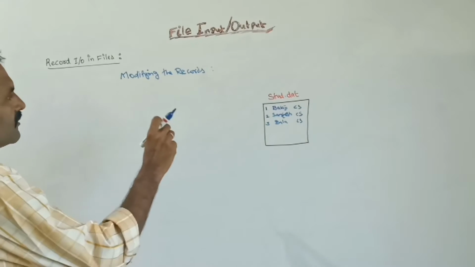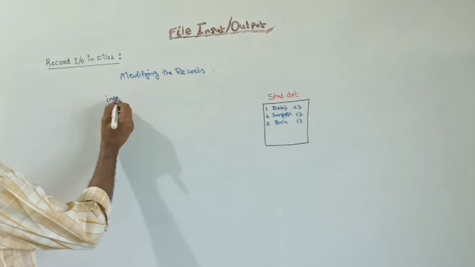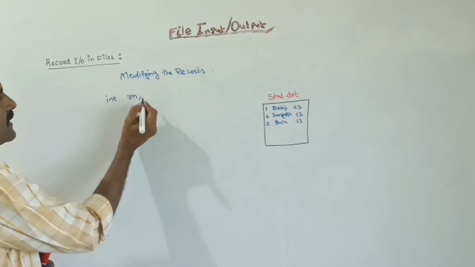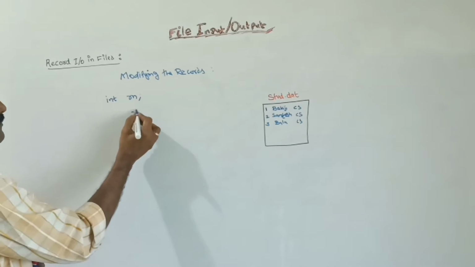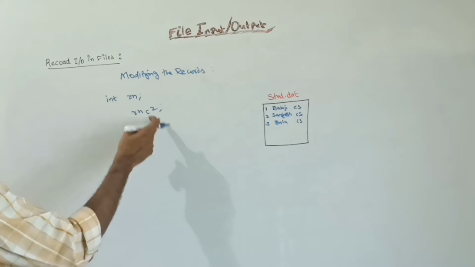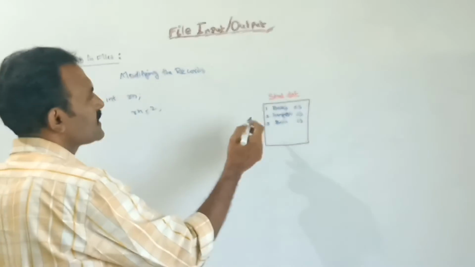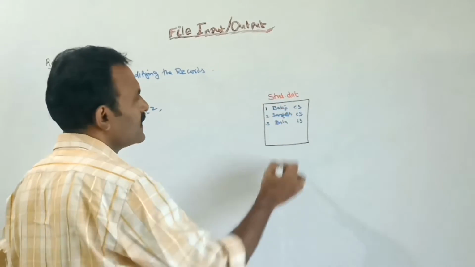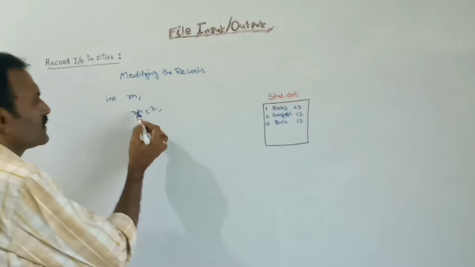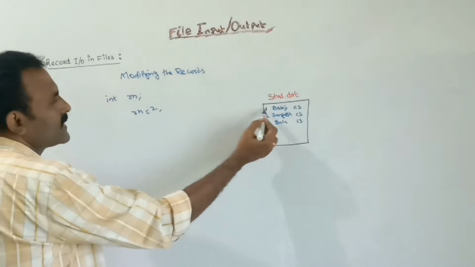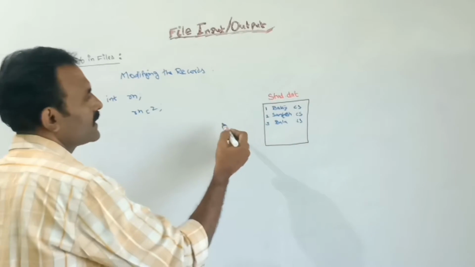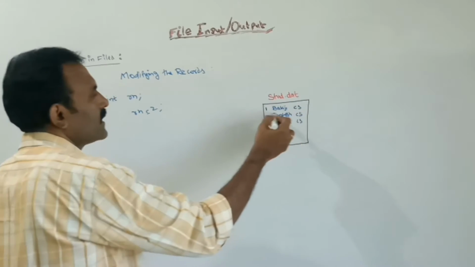So first, we need to decide which roll number we need to search, and that input we can give in a local variable. For example, suppose I am giving rn is equal to 2. After giving the input for this rn, next we can search this rn value in the list of records. Totally there were 3 records in the list. Suppose I give 2, then I can search one by one. If the given roll number matches, then that corresponding record can be modified.